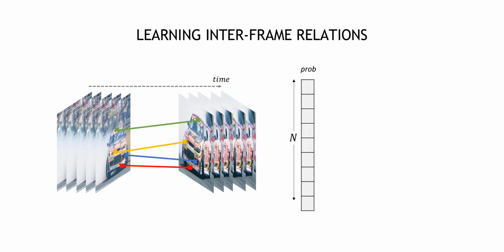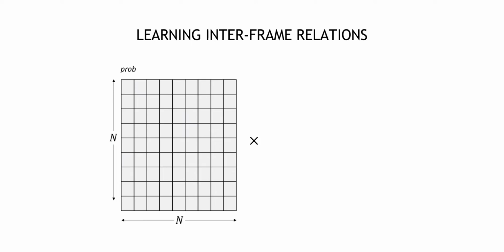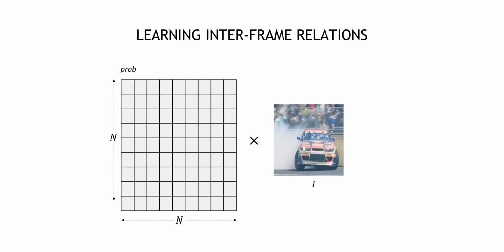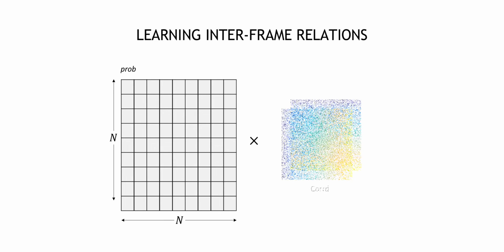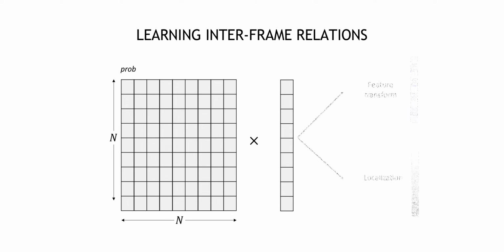As a result, the probability vector can be with a length of n, indicating the number of vertices or pixels of a frame. In total, we will have an n by n affinity matrix that models this dense correspondence in a probabilistic manner. The element of the affinity matrix describes the similarities between two vertices. The full matrix can be used as a global filter to warp one frame or feature map to another. Alternatively, it can also be used to transform a standard coordinate map, which indicates where the object travels in the